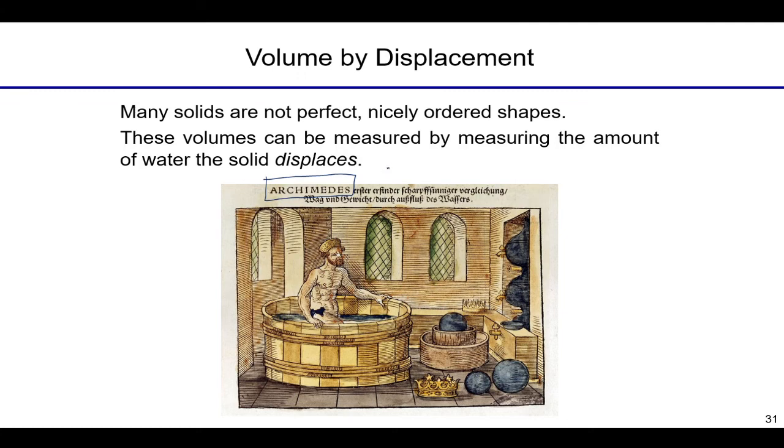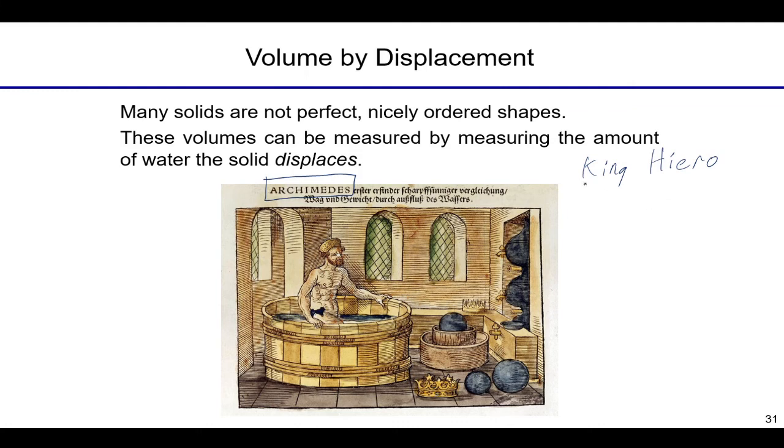And he grew up, went off to college at the most prestigious academic institution, Alexandria, studied there, came back to his birthplace of Syracuse, and at the time there was this king that ruled Syracuse, known as King Hiero, who hired Archimedes as his scientist. Now, King Hiero was also quite wealthy and affluent, and decided that he wanted to fashion a big crown for himself. So that's what's shown here. And you can see this crown down here has a lot of edges to it. There's a lot of things that make it hard to measure with a ruler.